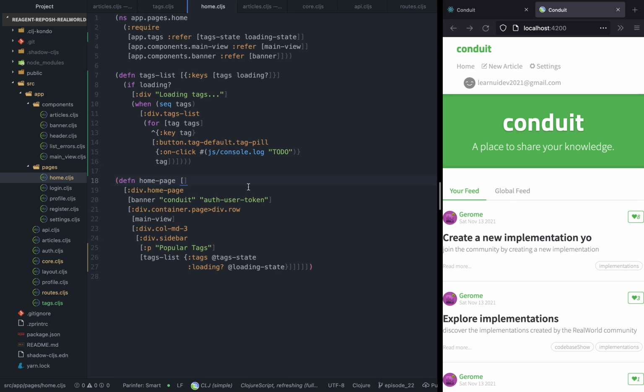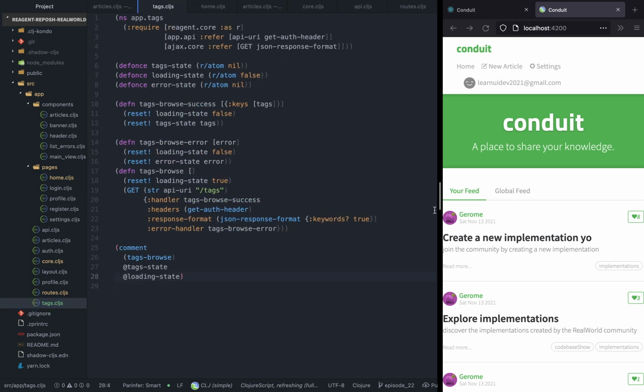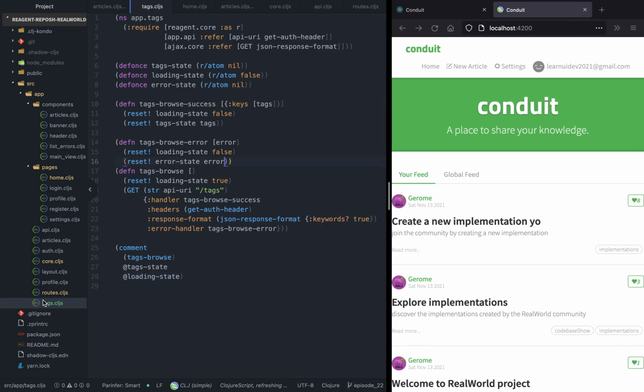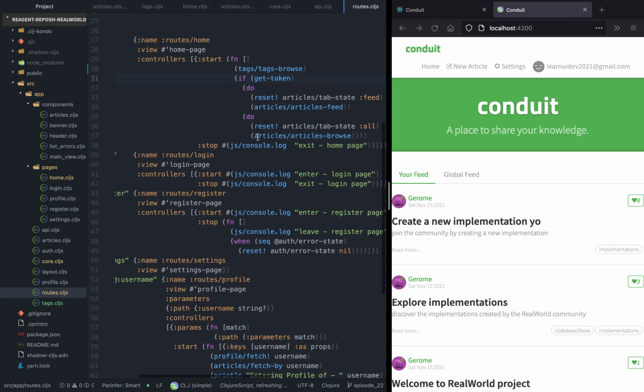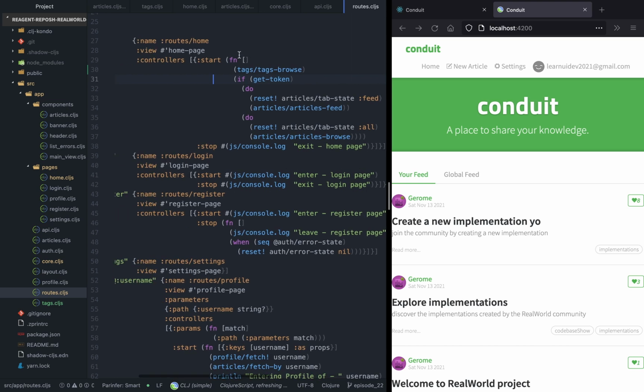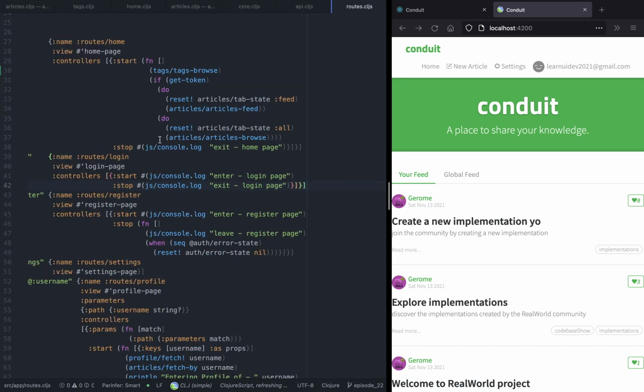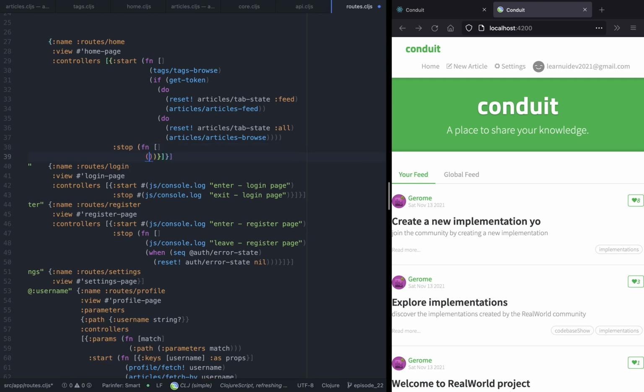So that's good. Now the final step is when we leave the home page, we want to flush the state, right? So on the stop function, we're going to define a function called reset tags, and it's going to reset the tag state because we don't want stale state as well. So when we leave this page, we want to call this function. Reset tags. And now if we test this,